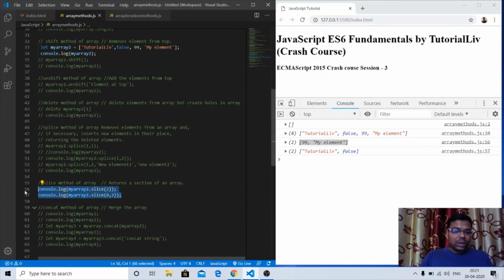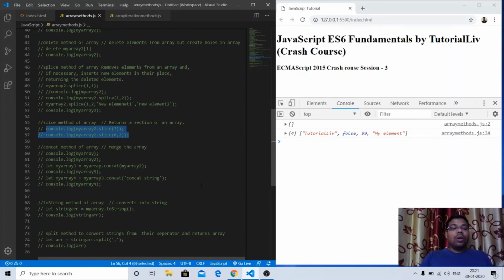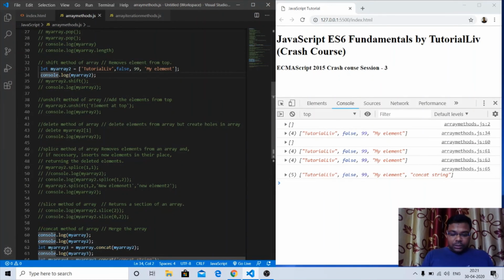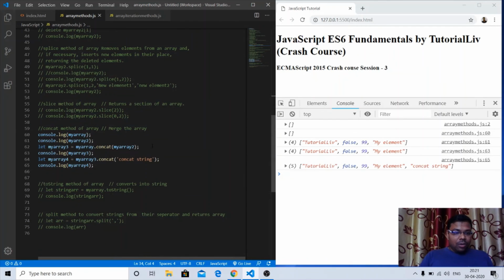So we understood the slice and splice methods also. Now if I want to concatenate two arrays or a string, we have the concat method to merge or concatenate arrays. Let's comment this particular thing out for now, because we have already written console.log of my array and my array 2.